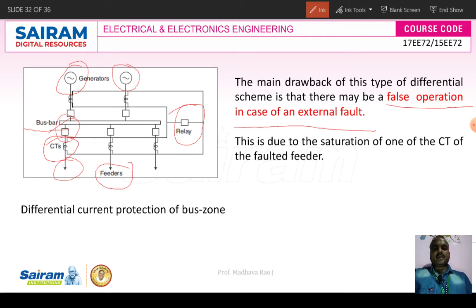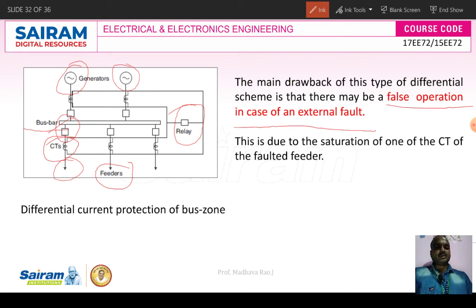So for more than 100 amperes, ammeters will not give the correct values. It may give parallax errors, it may give some errors. Sometimes we have to take some assumptions. So to avoid those errors, here we are using current transformers. Current transformers are used to measure high currents. Okay.